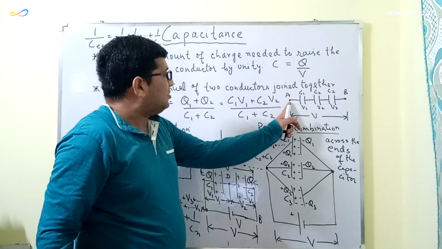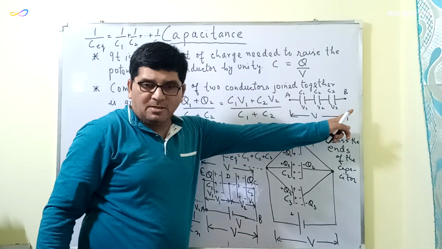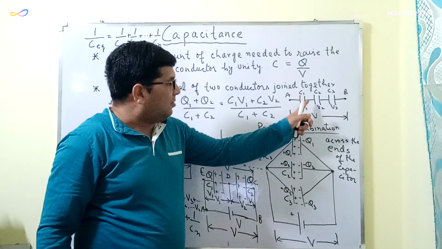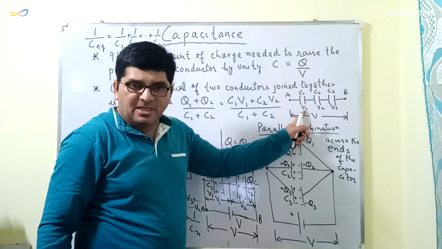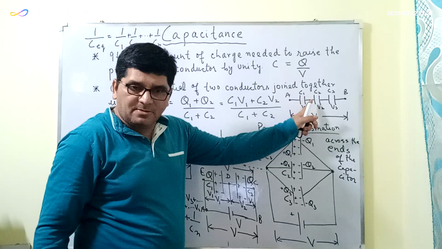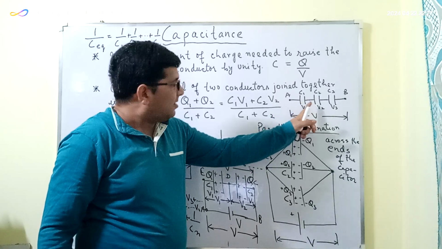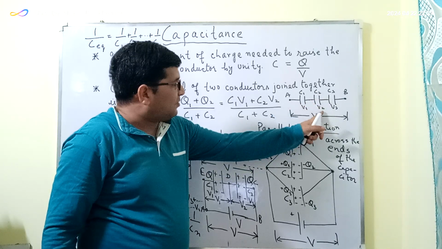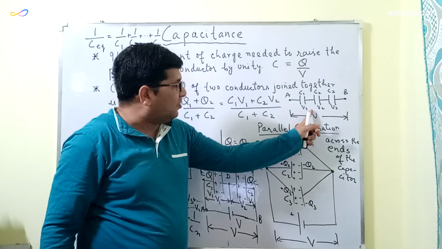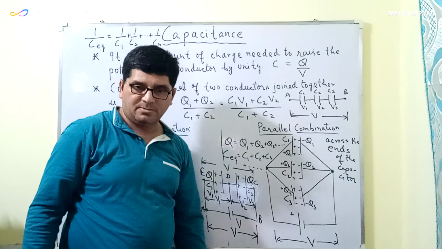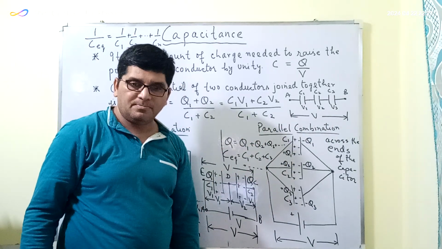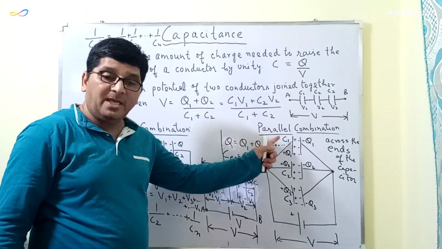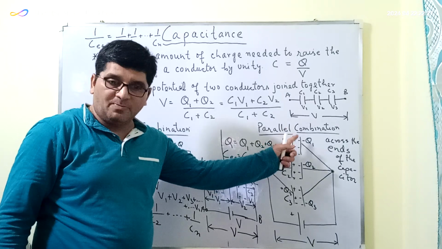Ends means ये दो टर्मिनल्स हैं अलग अलग. इसके अक्रॉस जो पोटेंशियल डिफरेंस होगा, that will be equal to the sum of the potential difference across each capacitor. The potential difference across C1 is V1, इसके अक्रॉस V2 है, अगर V3 है then V will be equal to V1 plus V2 plus V3. ठीक है? So this is in the case of a what? Series combination.